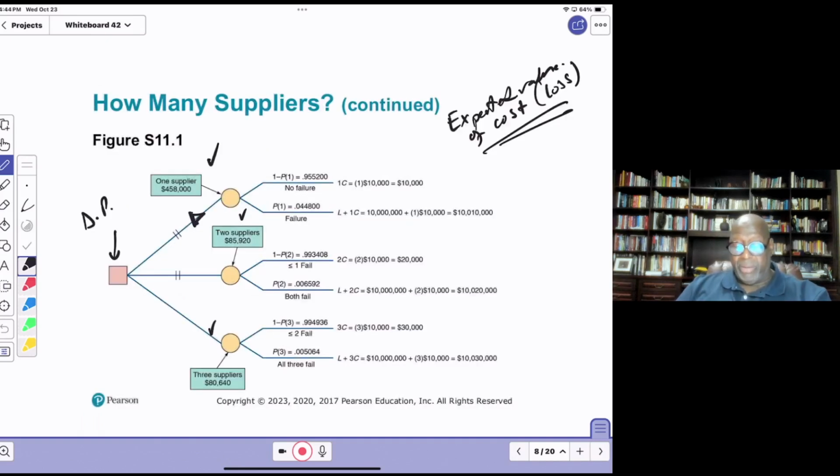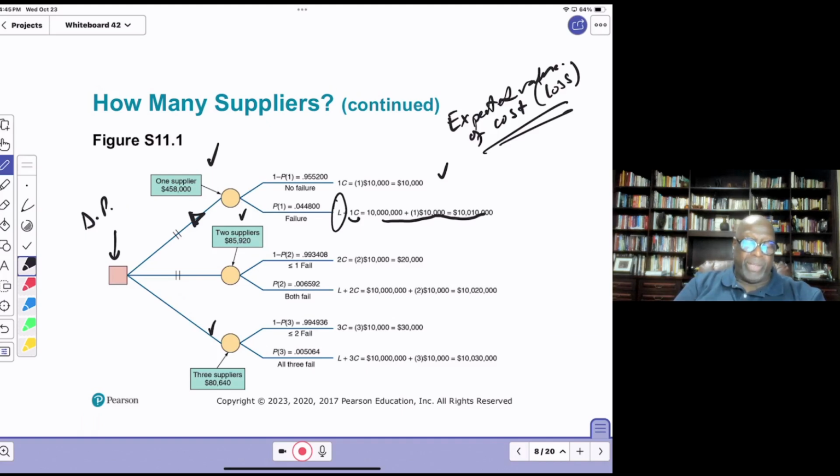So let's see what we have here. I had it the other way around. P1 and 1 minus P1, they have 1 minus P1 and then P1. So 1 minus P1 means that there's no event that happens. Alright, no disruption. And so with no disruption, what we have is that you just have the marginal cost of managing 1 supplier. But if there's a disruption, then you have your loss of 10 million plus the cost of managing one supplier. So you have that information right here, but you must now multiply it by the respective probabilities, and then you will get, so in other words,